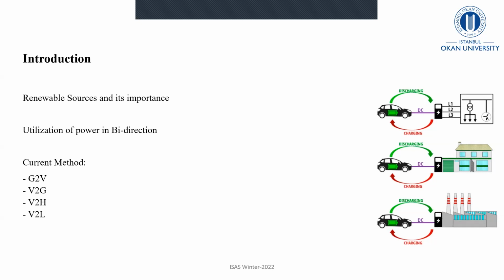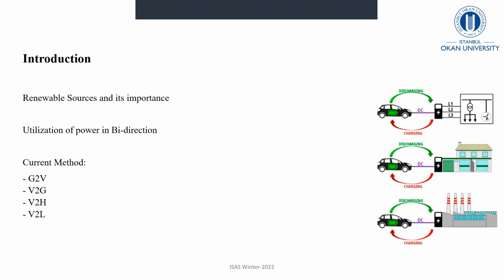To capitalize on that, we need to have some way to store it, and that's where we don't need to go toward another source of battery backups and all this stuff. We are going to utilize the cars that we use for our everyday mobility. The utilization of power is bidirectional, so you are purchasing electricity and you are giving it back to the grid,